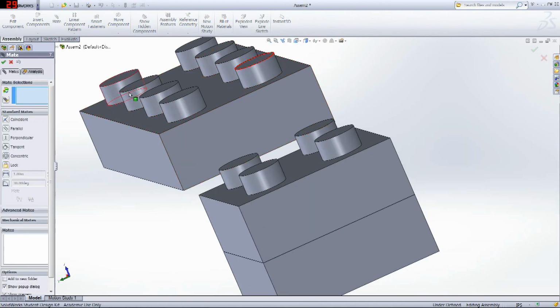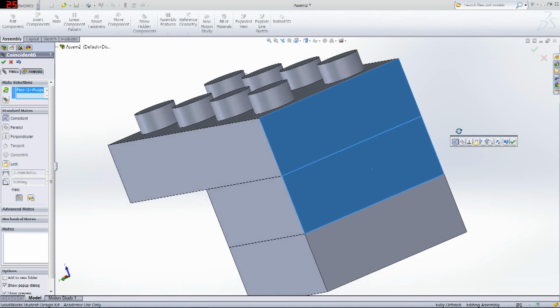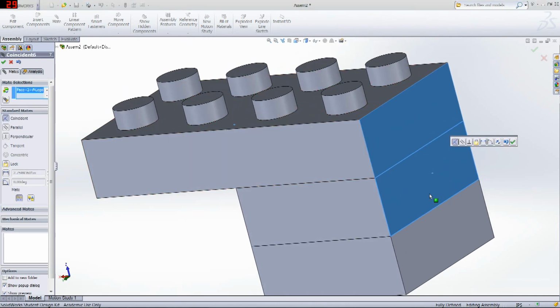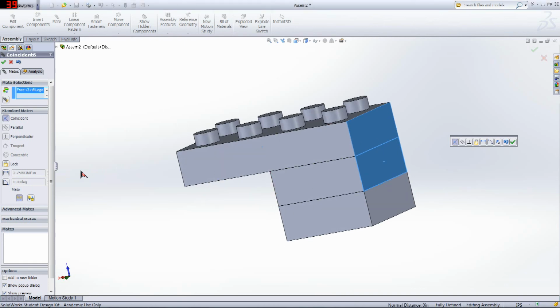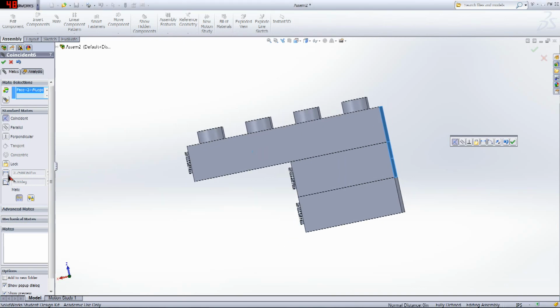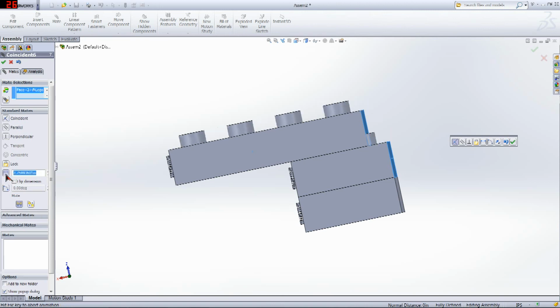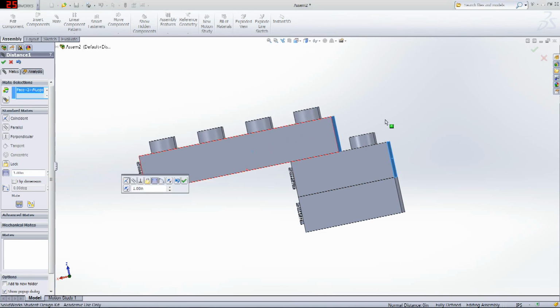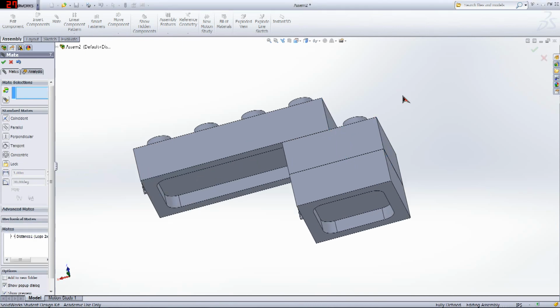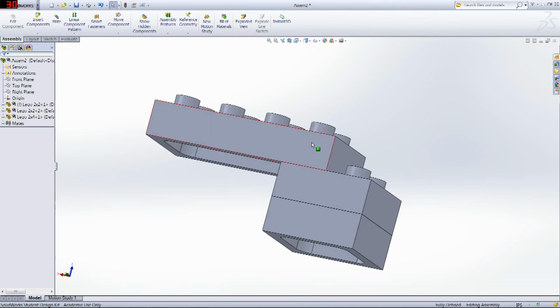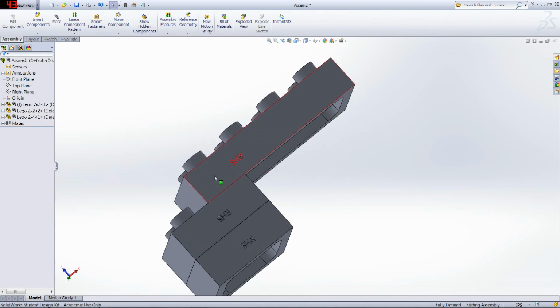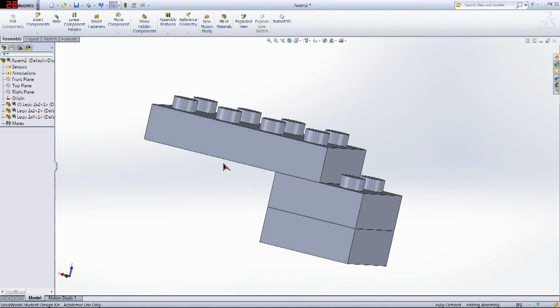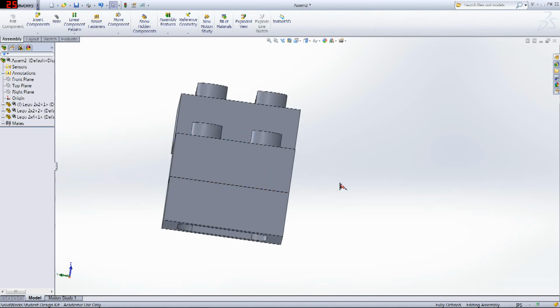You want to mate this edge to this edge, and it'll default to that coincidence. But instead, you want it to be a specific distance away from each other. So here you click this distance button here, and then change it to whatever distance you want those two surfaces to be from each other. So I'll say 1. Hit enter, and it will update. Hit the green check, and that mate is just as strong as if it were coincident. Those should be the basic principles